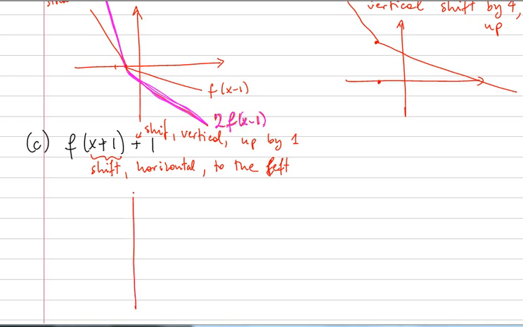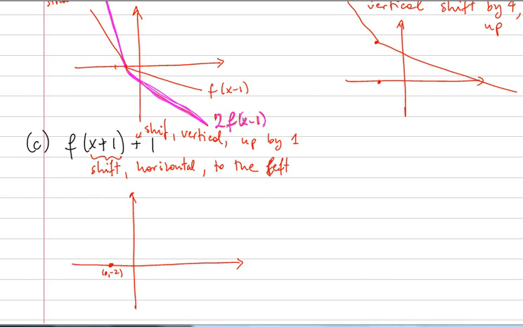So what this is doing in the end is it's shifting horizontally by 1 to the left and by 1 upwards. So this point, which was 0, -2, now becomes the point, first it becomes the point